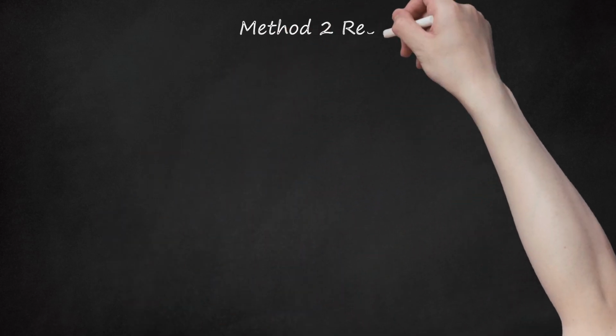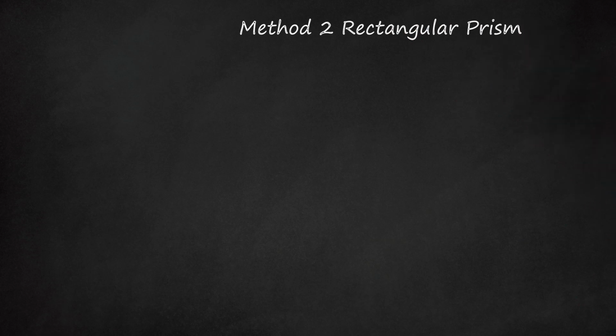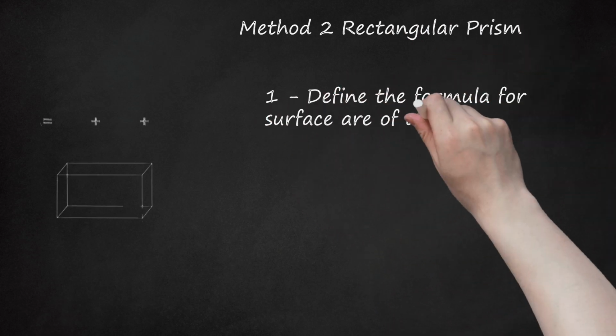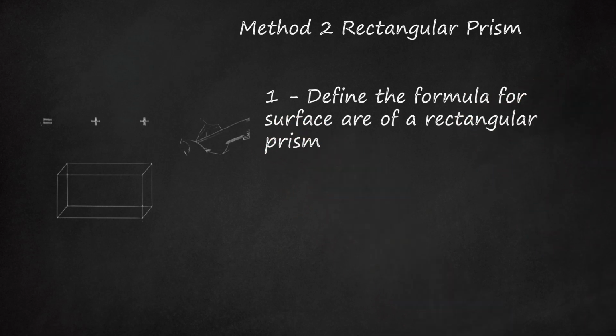Method 2: Rectangular prism. 1. Define the formula for surface area of a rectangular prism. Like a cube, a rectangular prism has 6 sides, but unlike a cube, the sides are not identical. In a rectangular prism, only opposite sides are equal. Because of this, the surface area of a rectangular prism must take into account the various side lengths, making the formula